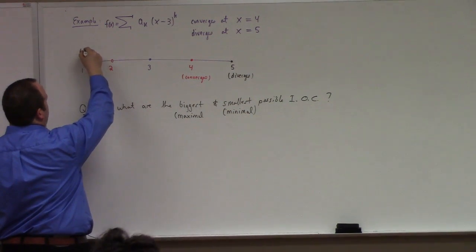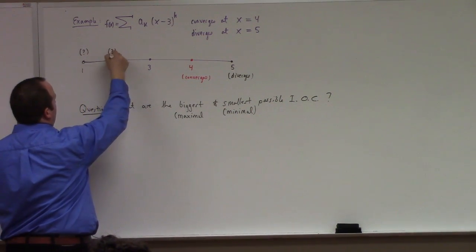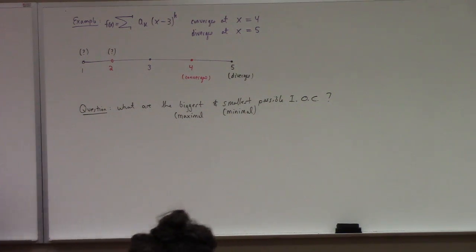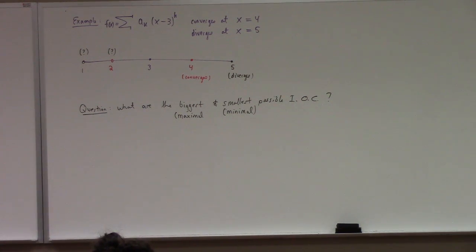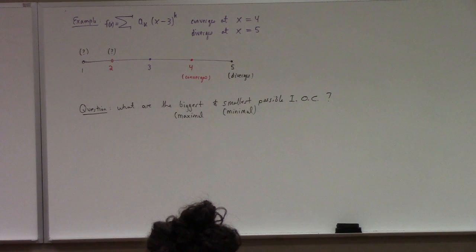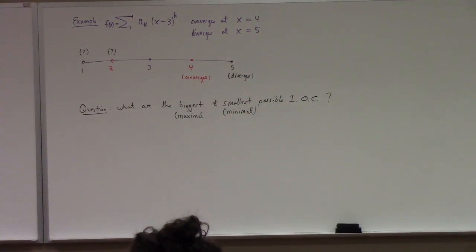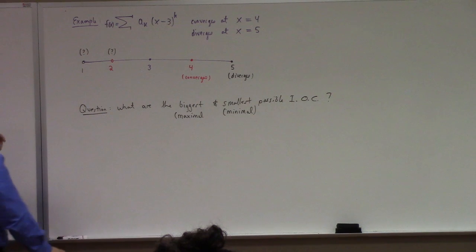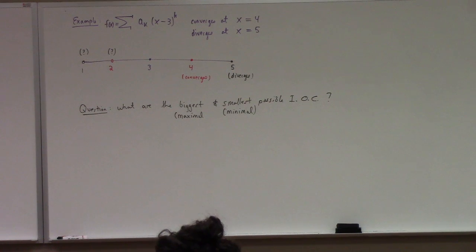Now, these, I actually don't know. This theorem doesn't tell me whether or not those are convergent or divergent points. It's actually an open question. They could converge, they could diverge, right? It could go either way, in principle, because I've been somewhat vague about the formula for the series, right? I'm saying open because I don't know if I should fill it in or not.